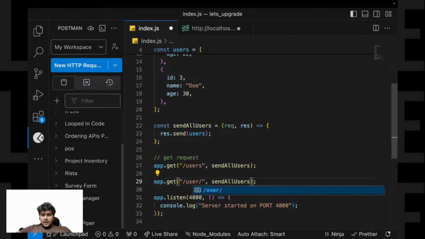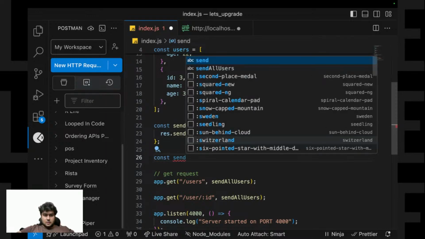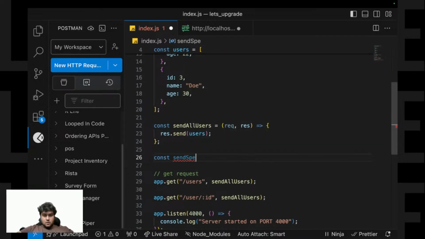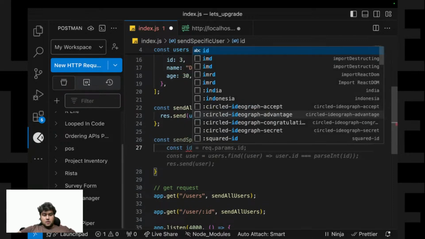So I'll write colon ID, and I'll create another function called send specific user equals to request, response.